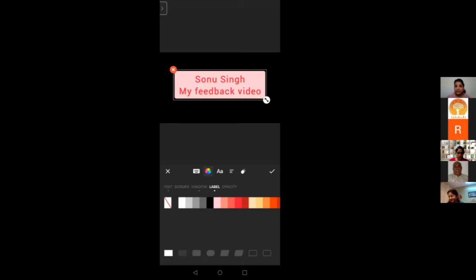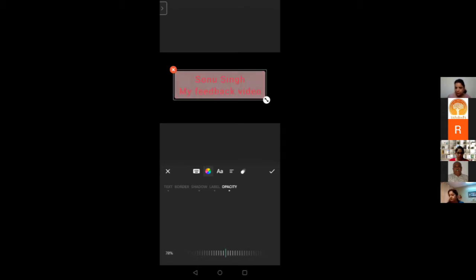Okay. Now the last thing in this is opacity. In the color wheel is opacity, right? So that means how much you want it to show. So you नीचे देखो 100% opacity है. You can just move that grid to make it either transparent, opaque, or to darken or lighten it. It's 100%, so you can do 90%, 76%. So it will get faded out. So the entire border and the writing will get faded off if you do 10%, and you move back to 100%. Okay. So this is the color wheel.